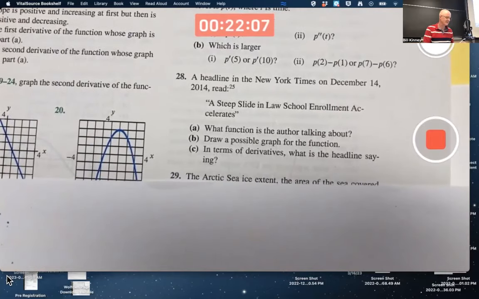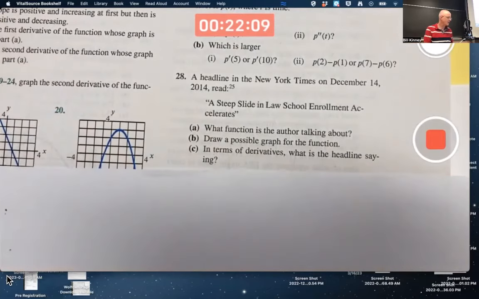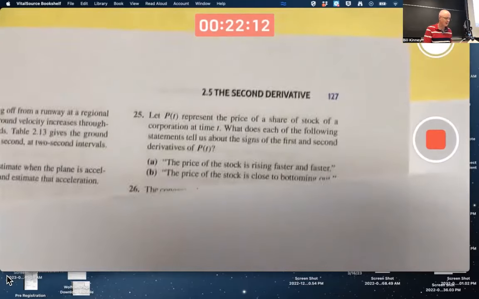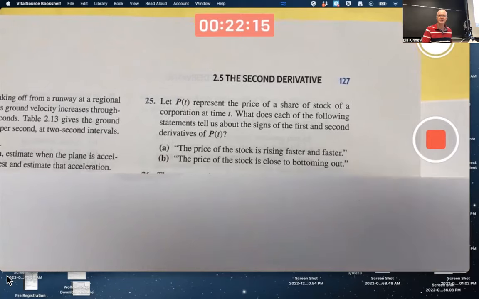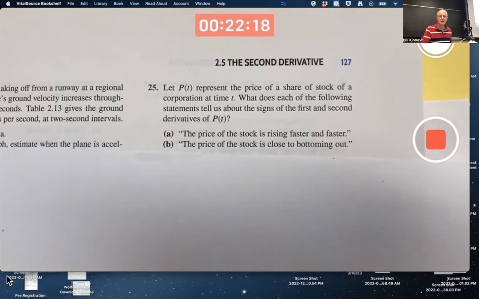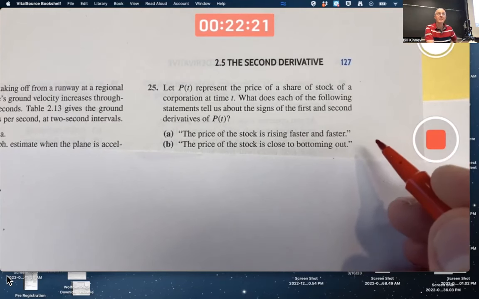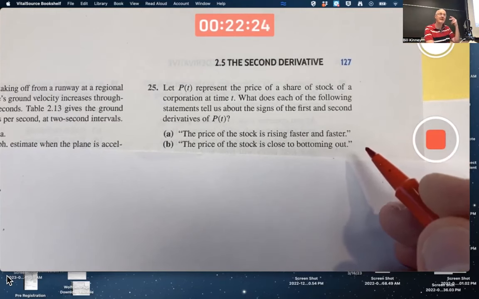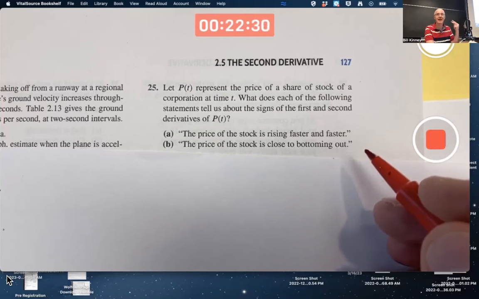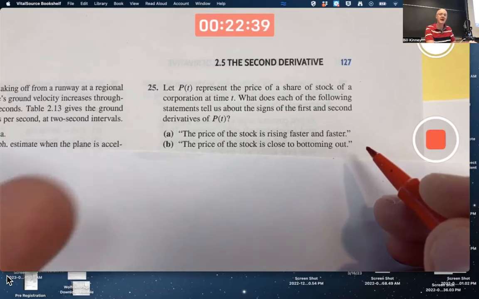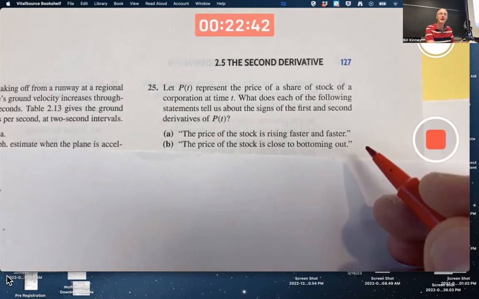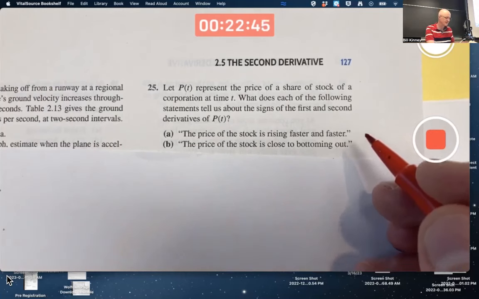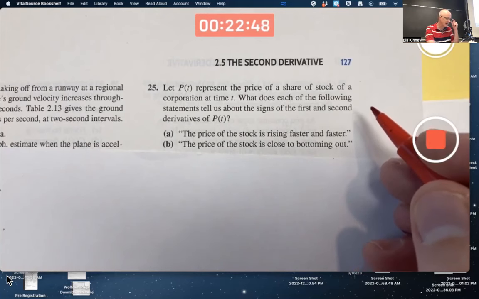Doesn't mean it's easy, but it's kind of fun. Okay, let's do some practical word problems as well. Now, when I say practical, I don't mean that I'm actually solving some real life problem to help me buy stocks, for example. It means I'm thinking about how to think of these real life situations mathematically. That is a prerequisite to being able to do advanced applications. You can't do advanced applications of math unless you learn how to think mathematically about them. And in particular, you can't do advanced applications of calculus unless you learn how to think about them with calculus ideas and notation. 25 says, let P of T be the price of a share of stock of a corporation